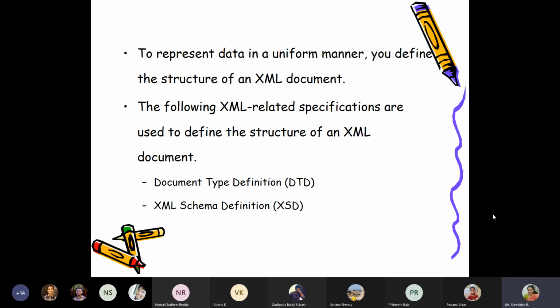It says these are the valid tags. This is the order in which those tags can appear in your document. And then these are the attributes. These attributes have got default values. These attributes have got user defined values with certain restrictions. It may be in terms of length. It may be in terms of content, or maybe it is following a specific pattern. Okay, so these are the information we will discuss in a DTD or an XSD.